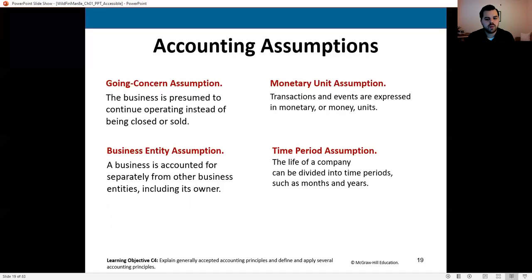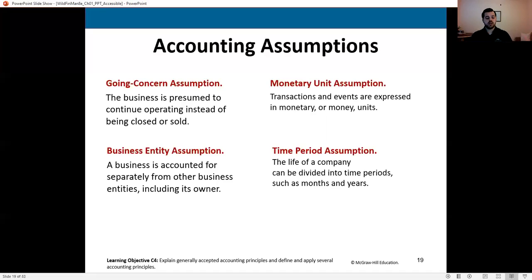In the event we believe the company is filing for bankruptcy or going under, then we are no longer able to account under normal circumstances, and we have to shift to what is called the liquidation basis of accounting, which is well beyond the scope of an introductory course. But that is why this is so important. It allows us to apply our basic rules that we're going to learn this semester. So while we're not going to really talk about it much after this point, this will be an underlying assumption in every situation unless I specifically tell you not to assume that the company is okay in the future.